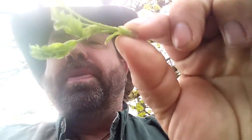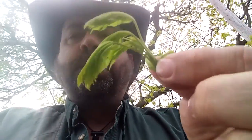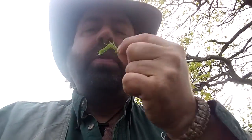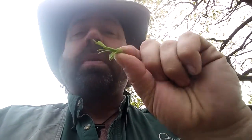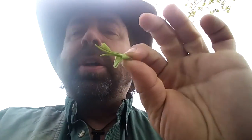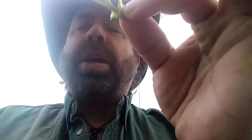This is before they become more cellulose, which makes them really not pleasant to eat. But these aren't quite as sweet and pleasant as the flowers, but still tolerable and not bad. But yeah, that's a sugar maple,